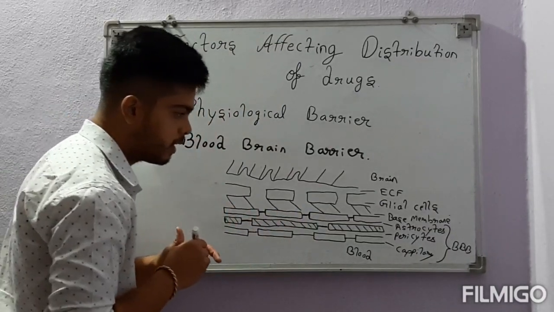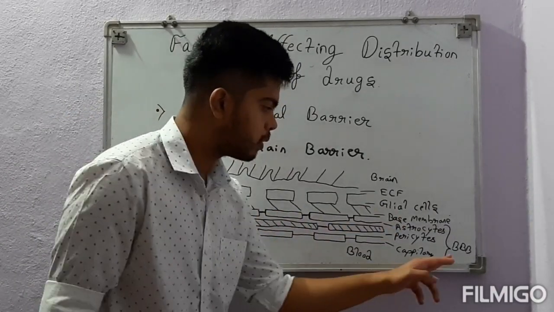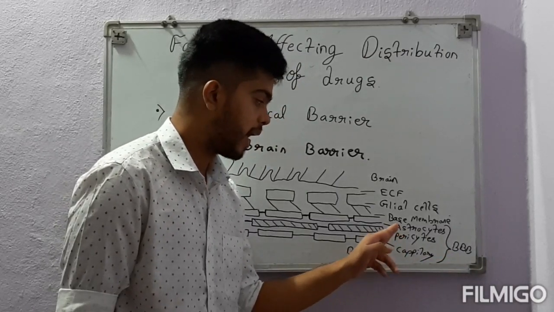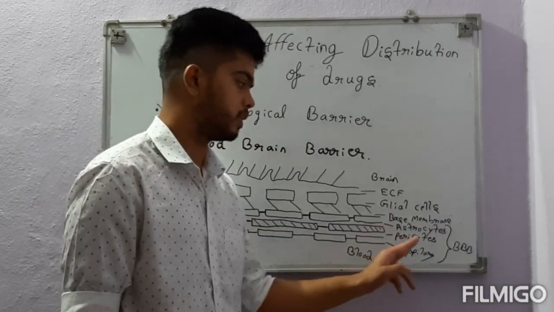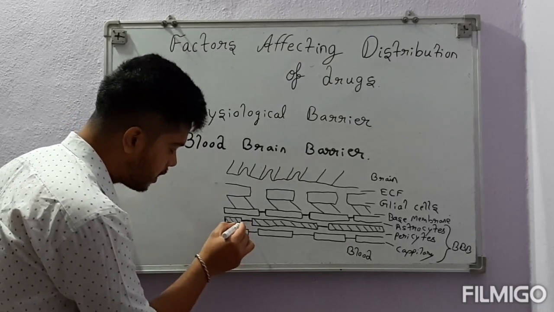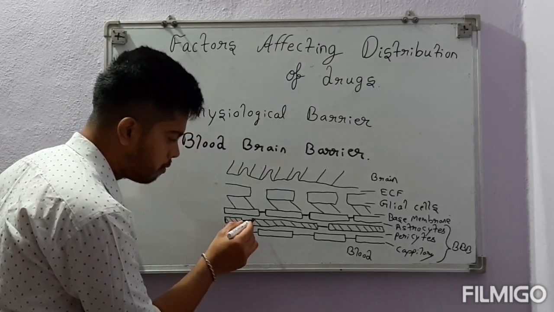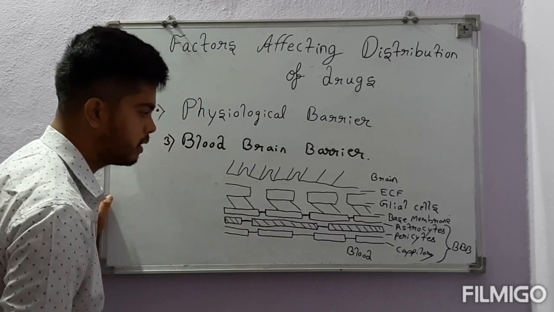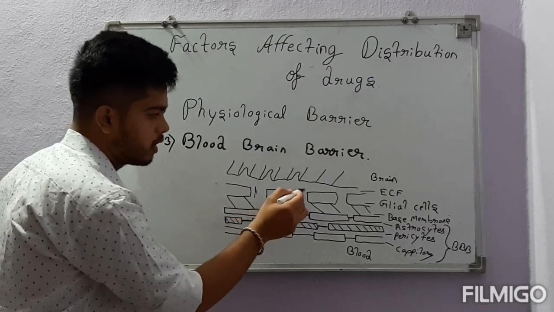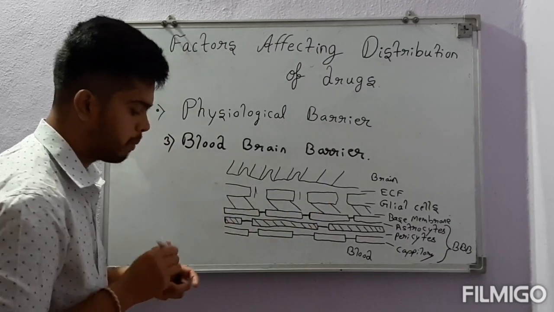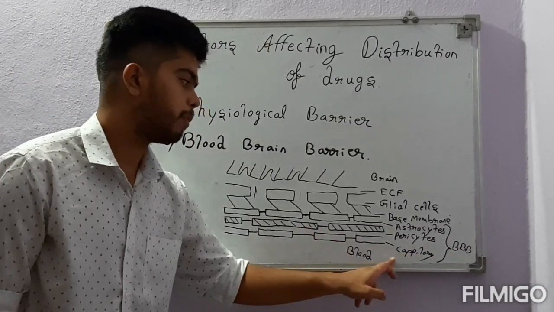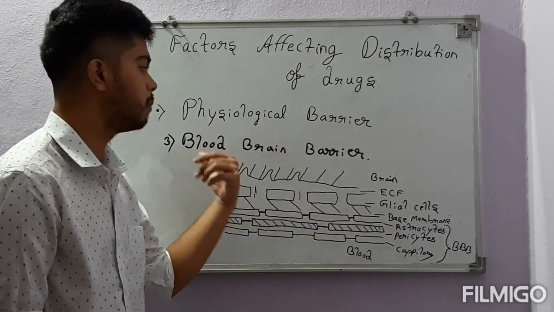Again, I just repeat that the blood-brain barrier comprises capillary, pericytes and astrocytes as the main membranes of the barrier. From the capillary there is a tight junction, then the membranes of pericytes and astrocytes. Then there is a little bit of space, a space for travel of a drug in the glial cells, and such membranes are there. So it's a triple B barrier with capillary, pericytes and astrocytes.